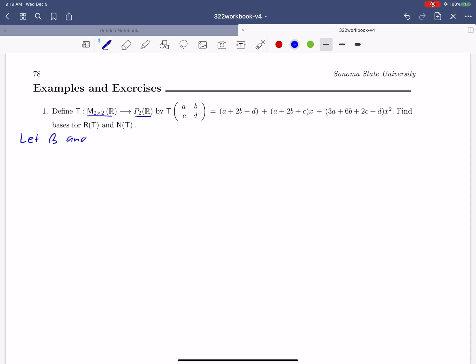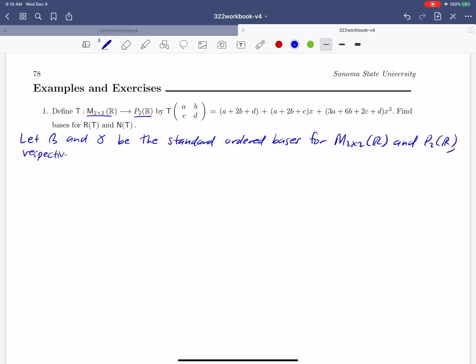Let's let beta and gamma be the standard ordered bases for the set of 2 by 2 matrices and P2 of R respectively. Okay, just to get us started here. All right, and so to find our matrix, we need to